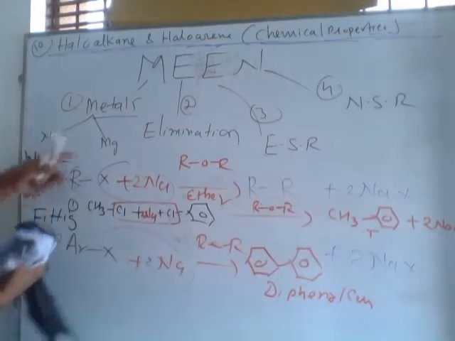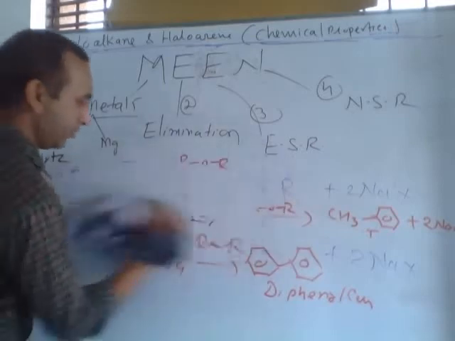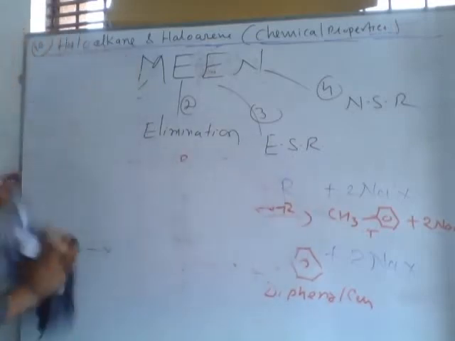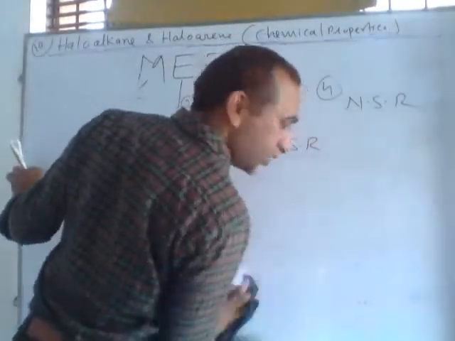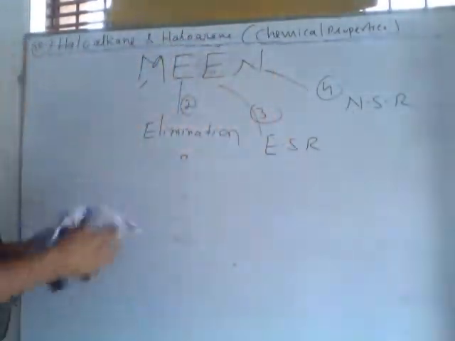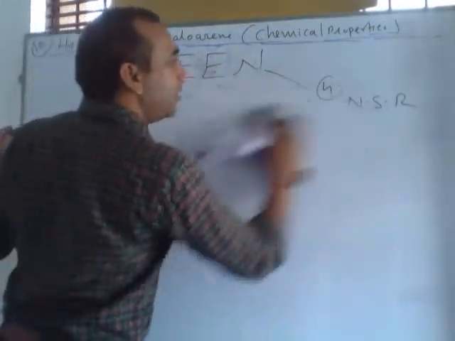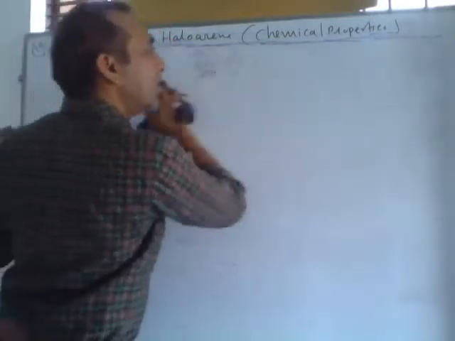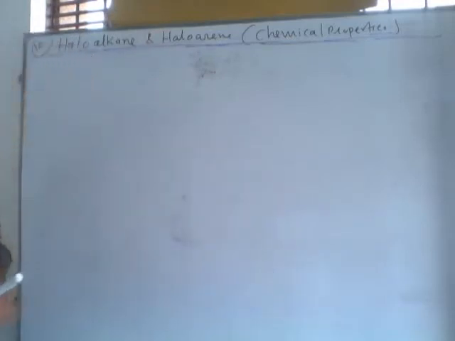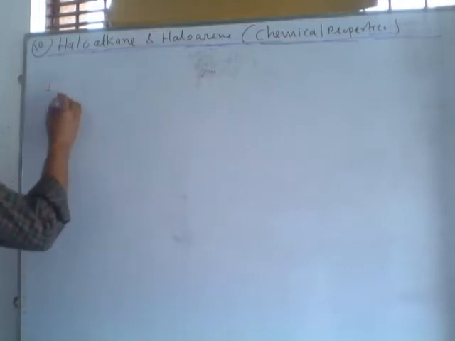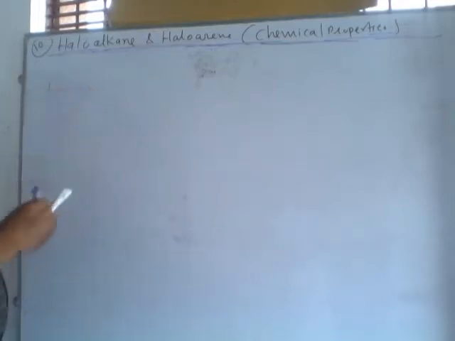So next, reaction with magnesium. When sodium reacts with RX, the reaction is called Wurtz. When sodium reacts with ArX, the reaction is called Fittig. And in the Wurtz-Fittig reaction, one part is RX and another part is ArX. Now the reaction of RX, alkyl halide,